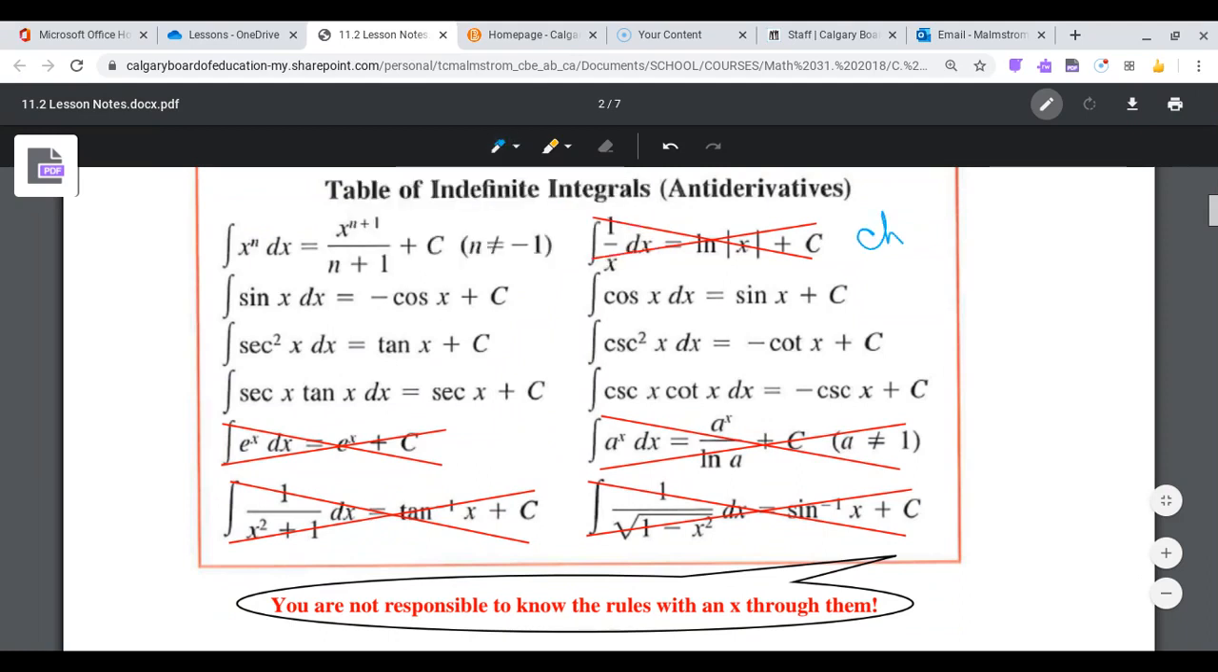So this first one is a logarithm rule, natural logarithm rule, and that's from chapter 8. The e to the power of x and a to the power of x, that's exponential, so that's chapter 8 as well. And then there's a couple other funky ones there that were never used in our Math 31. So there are 3 from chapter 8 that typically we would cover,